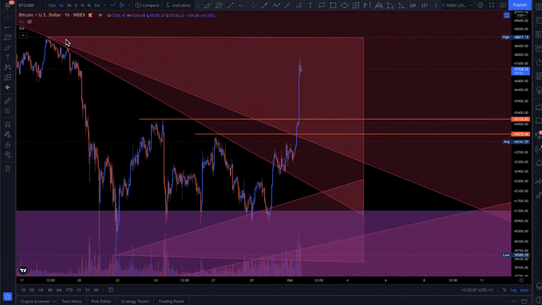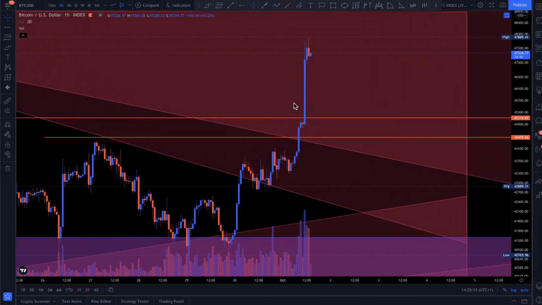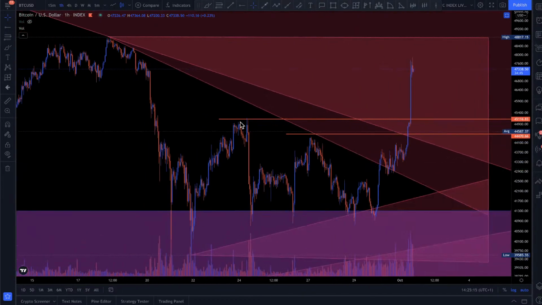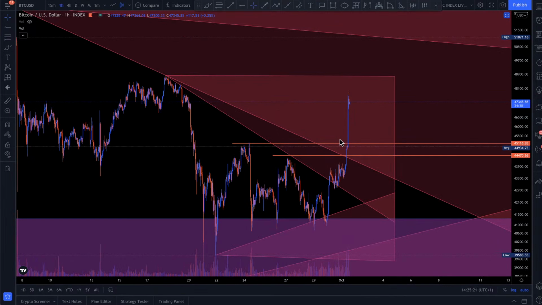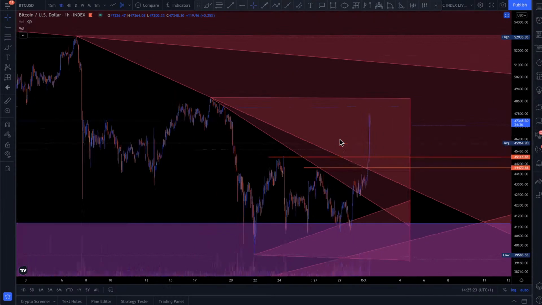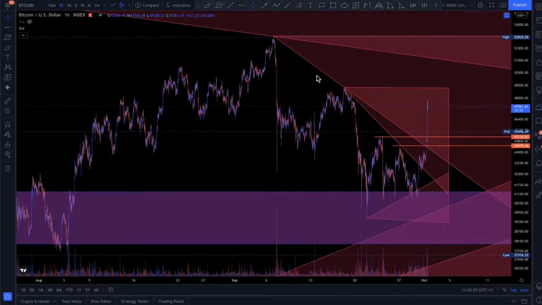Right. So what I want you guys to understand here is what happened. What was this whole pump, this whole breakout? We came out of this triangle, as you can see, this mega triangle. Remember I drew all these triangles just to show everybody what's going on. So you can see these trend lines. Remember I told you it's in reverse. So the triangles are opposite, to show you trend lines and zones where we need to break out of, right?